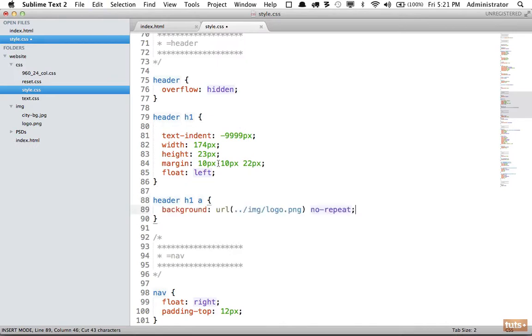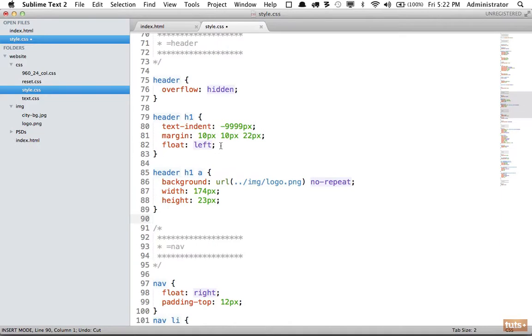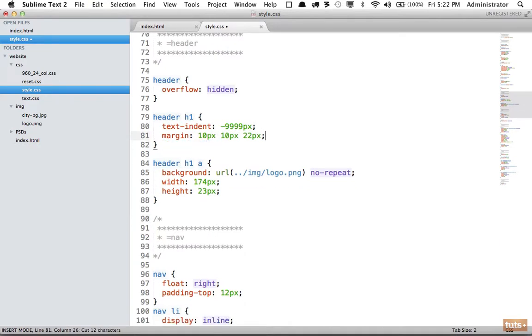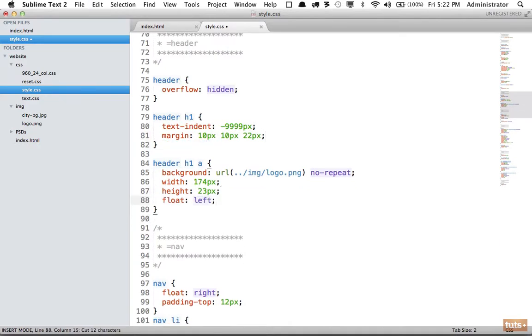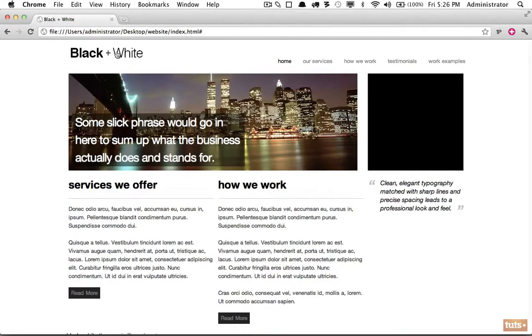Bring that out, and also specify the width and height, like so. And we should probably bring the float over as well because that belongs within the anchor. All right, so if we did this right, the heading should now be clickable because the text indent is only being applied to the H1 and not the anchor. And now, if I click here, you can see that is a clickable link,